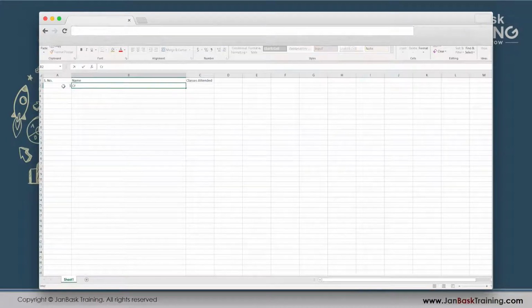So I will do it something like this. Say I have Chris here. This is the second class. So I have Kronal, and this is again his second class. So I have K, who just attended half of the session, so I would say 1.5. So what I'm doing is just maintaining a data set. Tomorrow when we connect, I will just update classes attended by plus one, plus one, plus one.